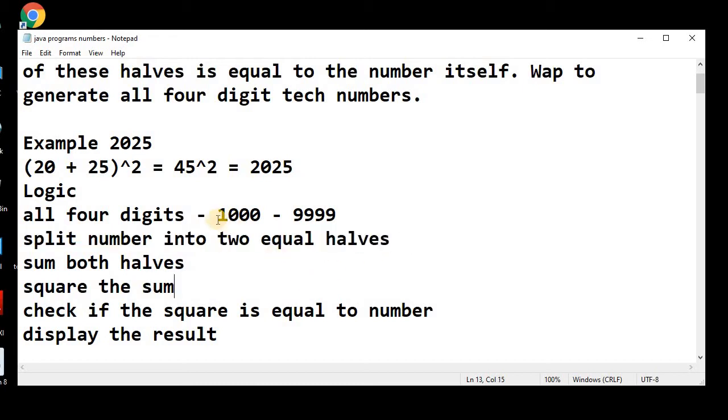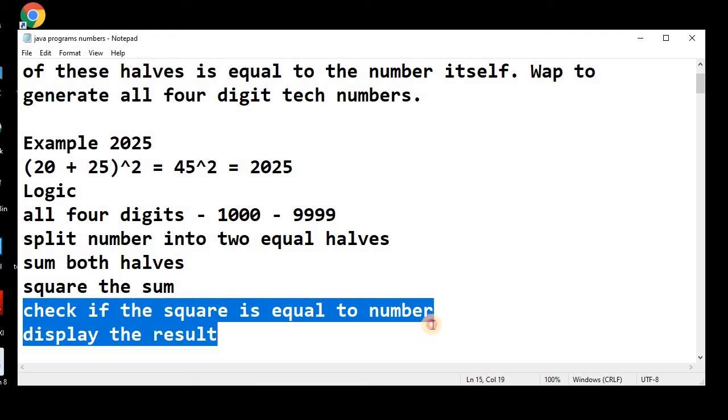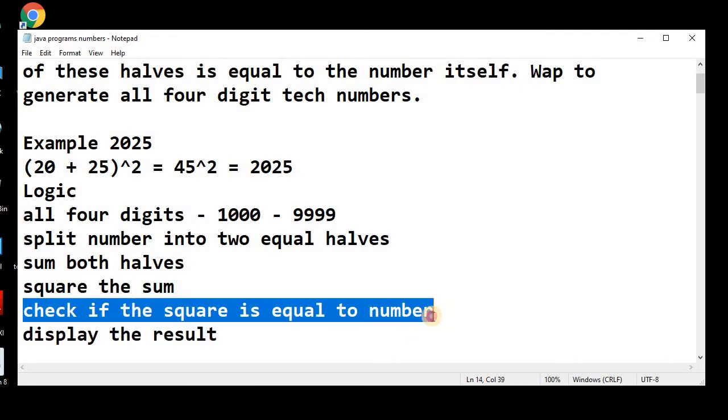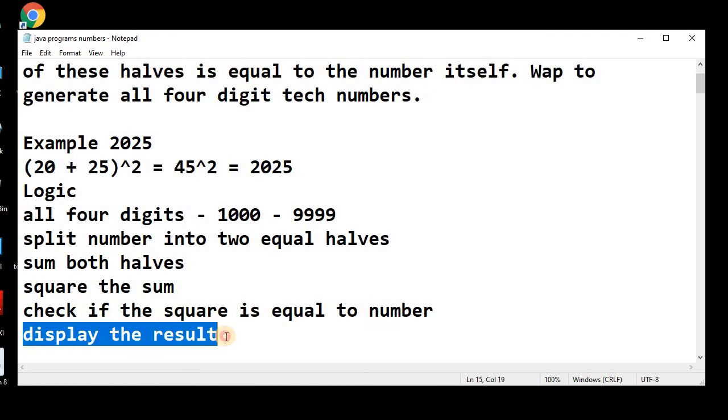For example, if we have 1000, it will be split into the first half, 10, and the second half, 00. Then we will sum both halves, square the sum, check if the square is equal to the original number or not, and accordingly display the result.